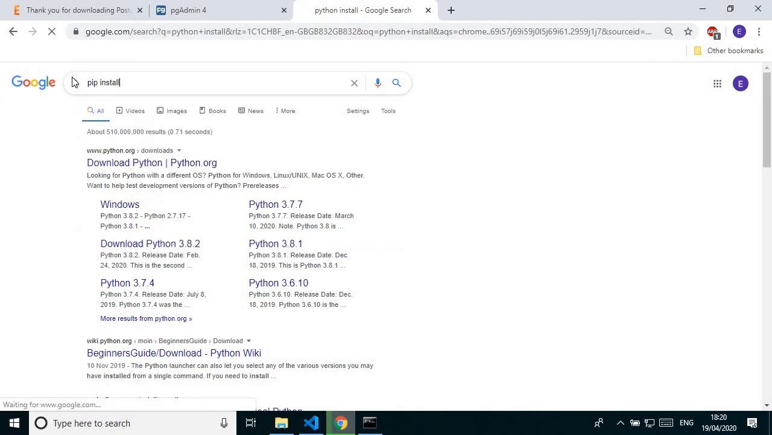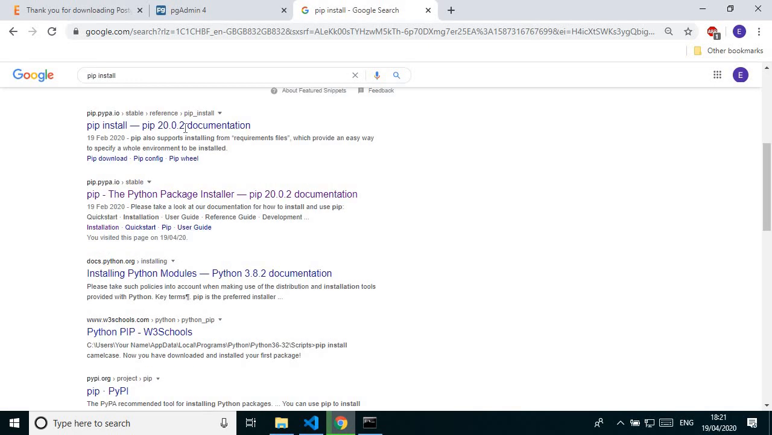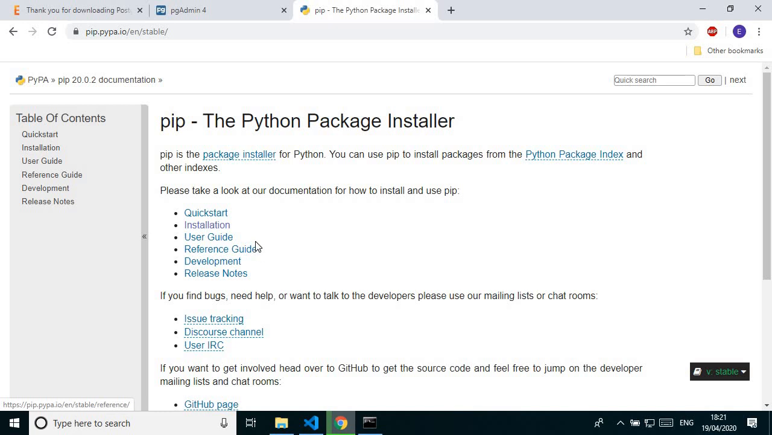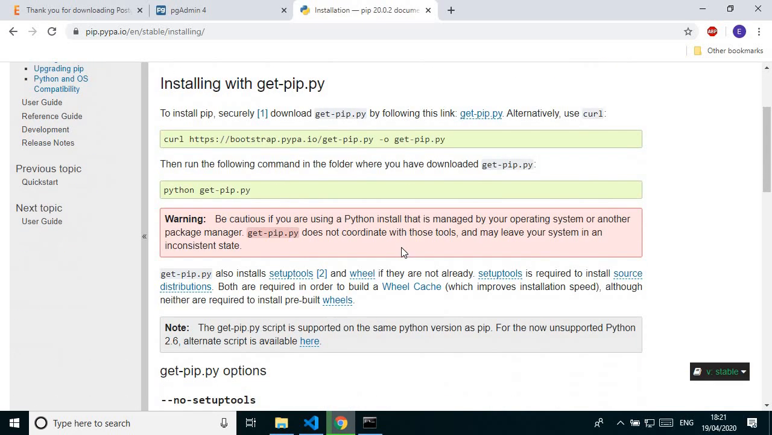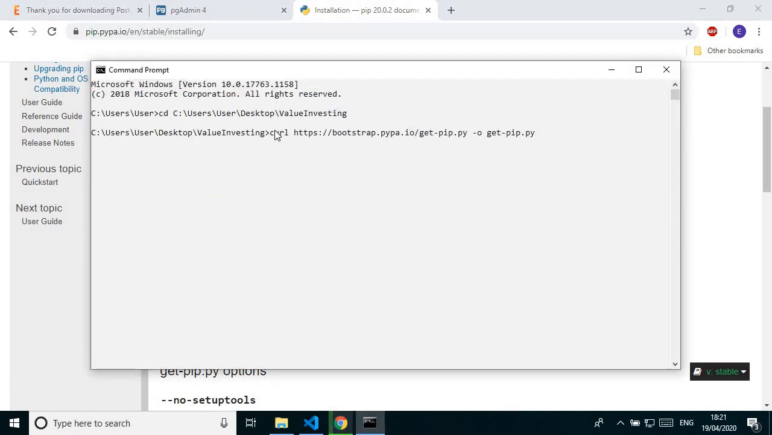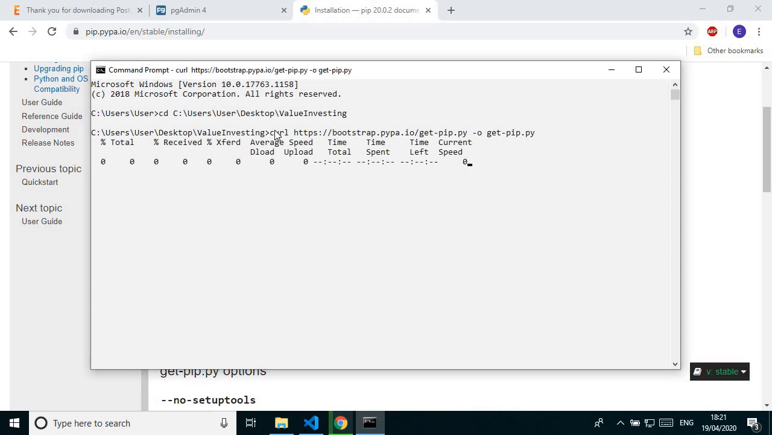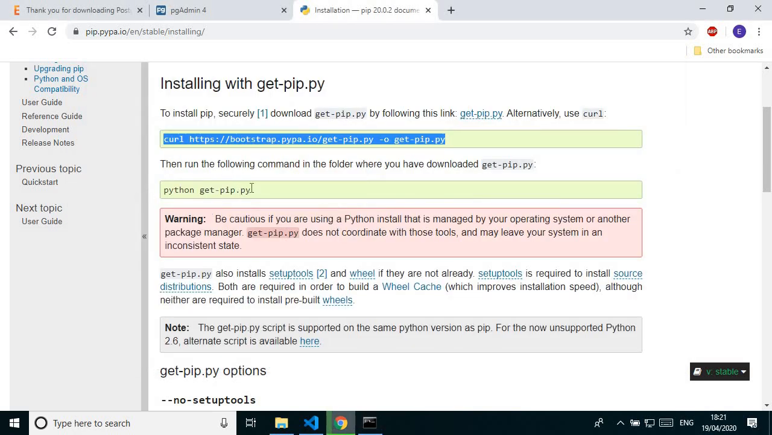So just search on Google pip install, then you will go to the website, and then you're gonna go to the installation. Okay, I already have it, but why not? Let me do that again. I'm gonna install pip. So pip is basically a package program, so it helps to install the libraries easily. So I'm gonna go to here, just type that command, get, and then after that I'm gonna run this one,